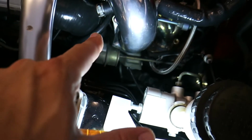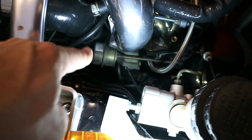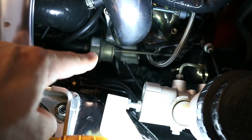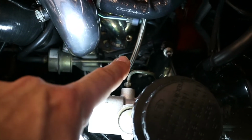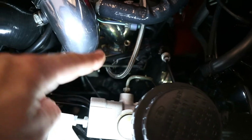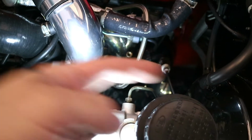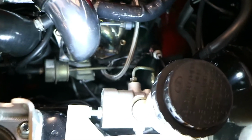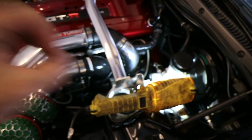With that said, you can't just disconnect this vacuum line, because if you disconnect this, the wastegate will never have any pressure ever to open this valve, and it will stay infinitely shut because of the spring that's in here. And if it's shut, you will have infinite boost because it will never have a way to relieve itself out the exhaust. So, to kill your car, to set your car up for 0 boost, what you have to do